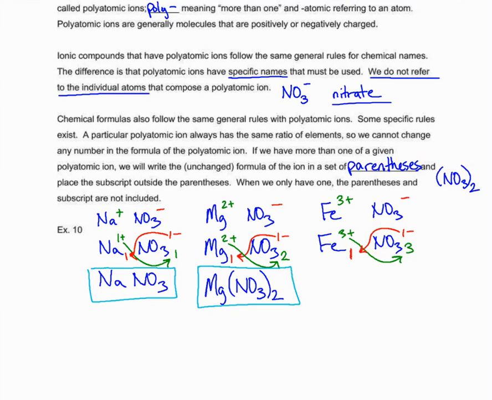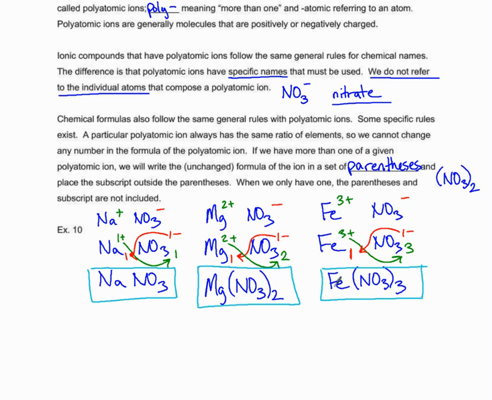Then I need to simplify it. So I've got Fe, and the atomic symbol here implies that I have 1. So this 1 is unnecessary. And then I have 3 nitrates. So we need to write it with parentheses, NO3, 3, so we can make sure that it doesn't look like I have 33 oxygens and 1 nitrogen. So here's our formula. An important thing to note, with iron being a transition metal, we have to indicate the